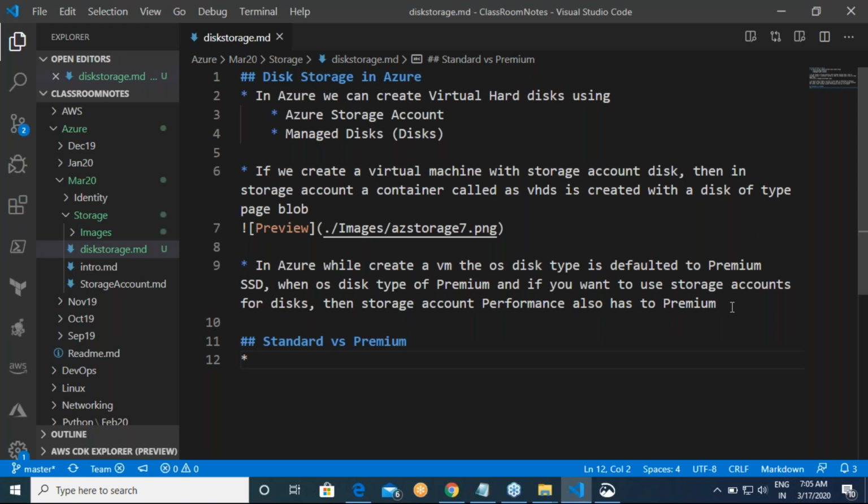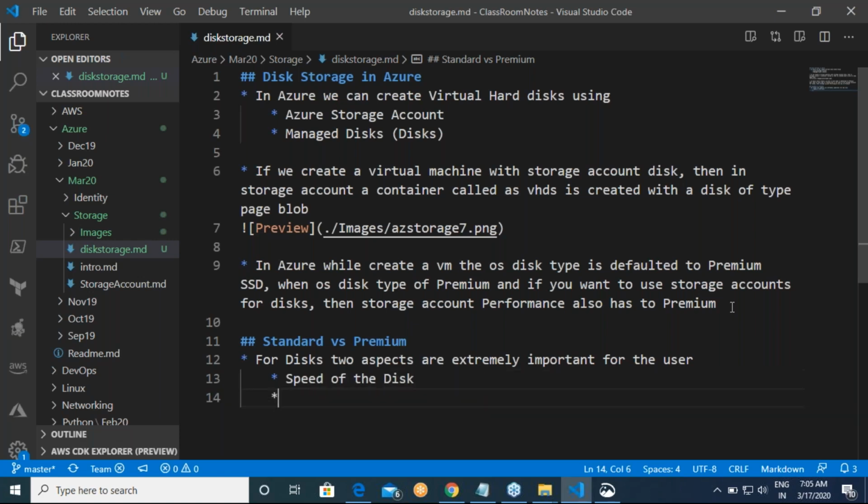For disks, two aspects are extremely important for the user. One is the speed of the disk. The second one is the size of the disk. These are the two important aspects.